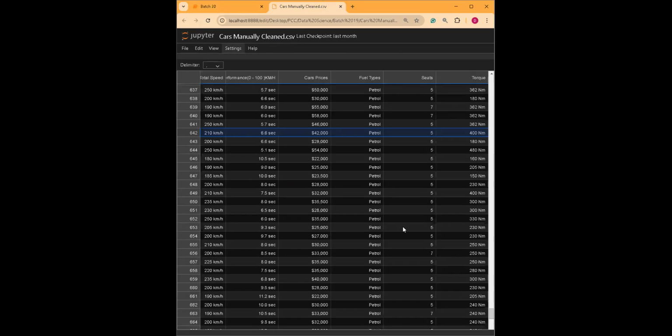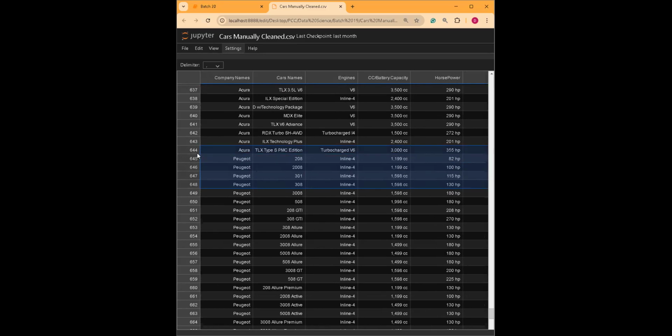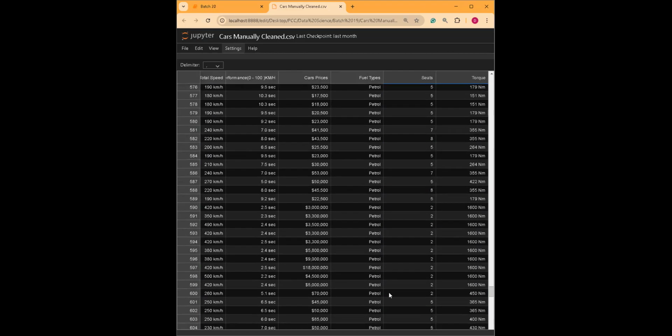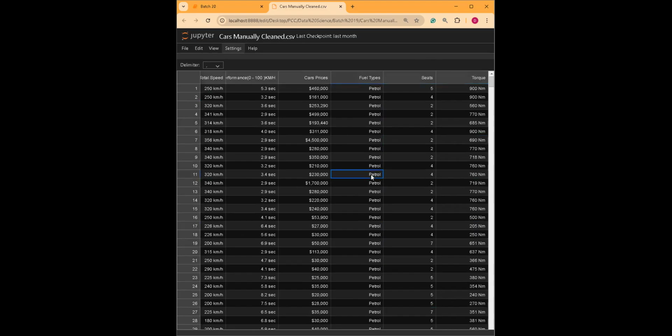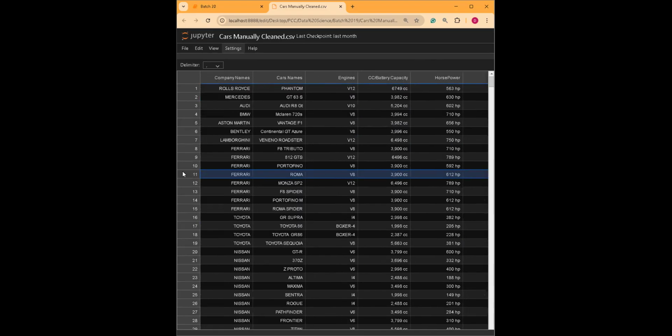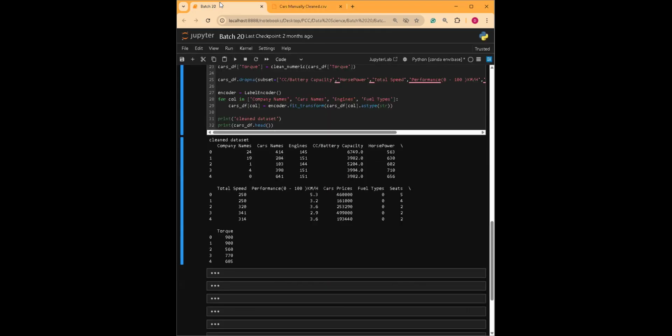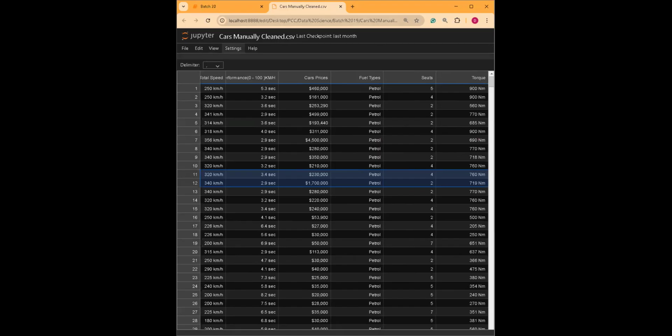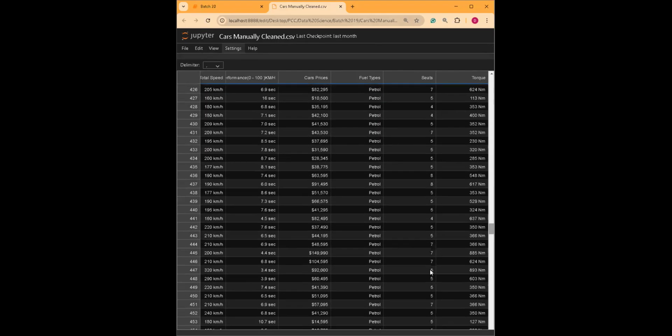460,000. That's too big. 460,000. Let's go to the top. Okay, all right. What's this? Oh, okay, a Rolls Royce. Fuel types. Okay, it's zero because here in our data, what you can see is everything is just one